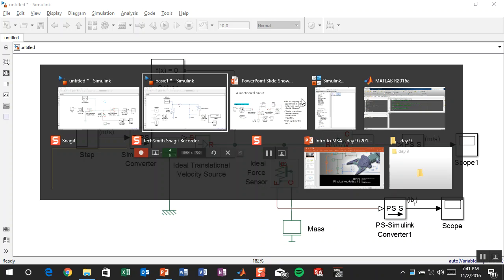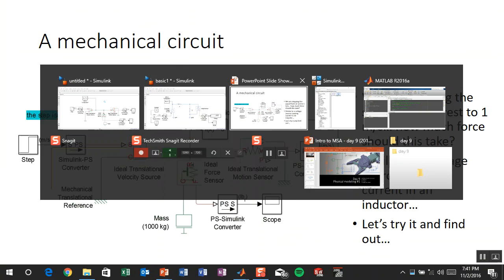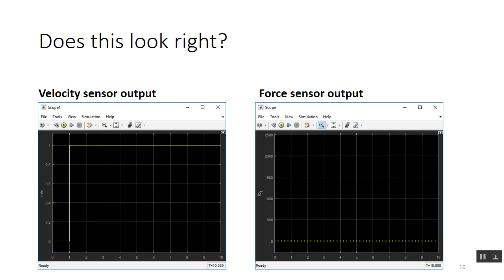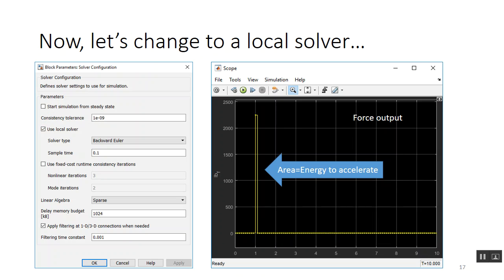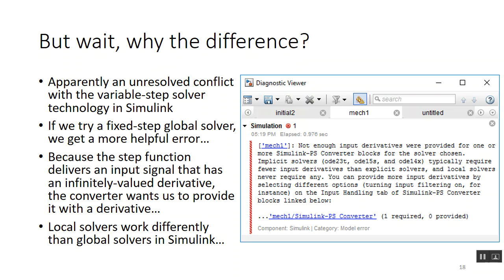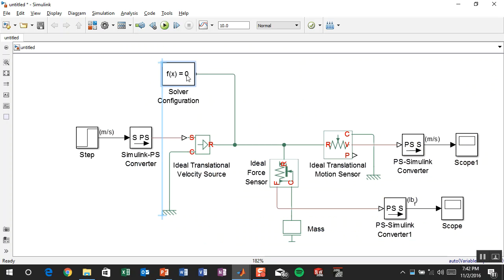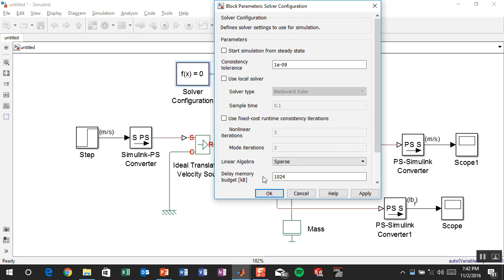And it's kind of messed with my slide sequence because it would have been nice to have it work the right way instead of having to point out a bug. But this is what we just did. This doesn't look right. That's area equals the energy to accelerate. You guys know that stuff. Okay, so if we go back to not using a local solver,